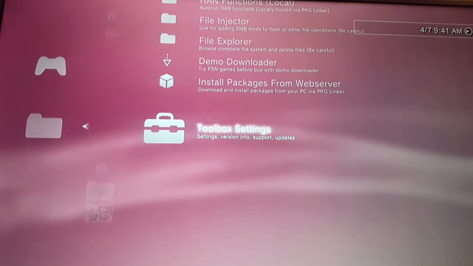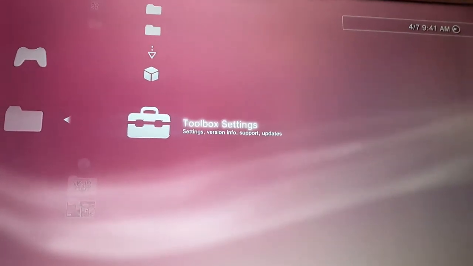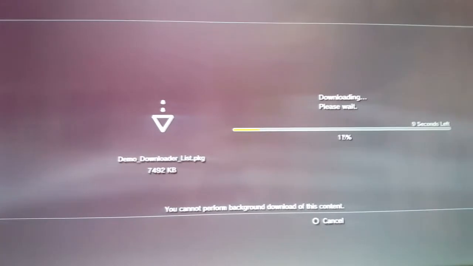Oh, this is probably the feature I'm so excited for. It's called Demo Downloader. This is gonna let you download your PS games. So what we're gonna want to do is go to Han Toolbox, Toolbox settings. So when we're in Han Toolbox, we're going here, and you have to install it. So let's install this. When we click it, yep, we click it. Let's install that,